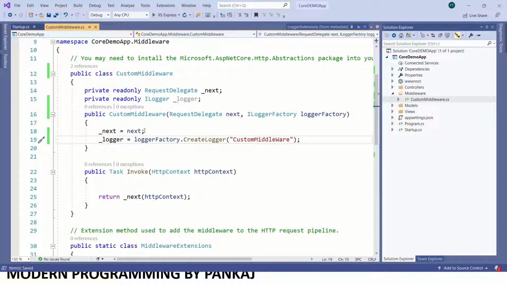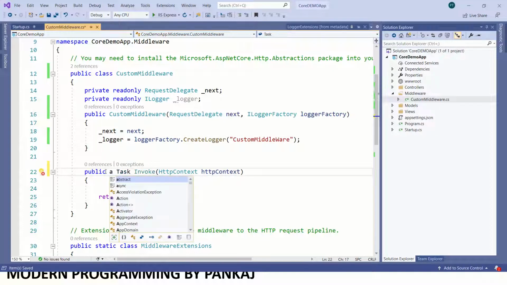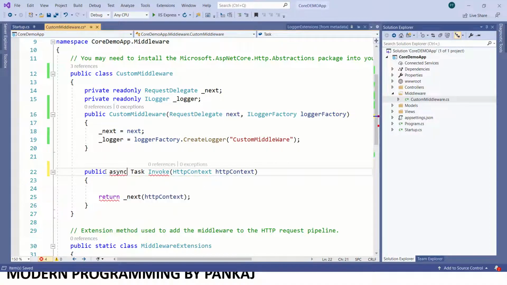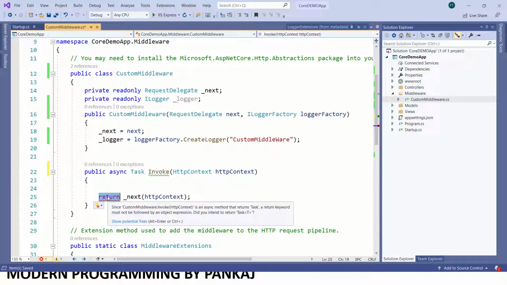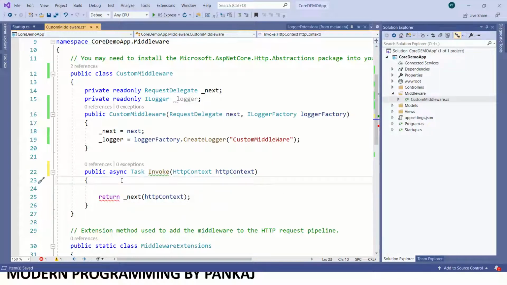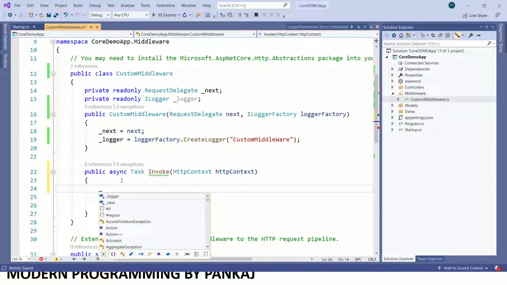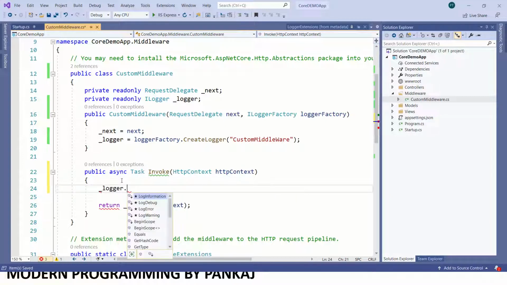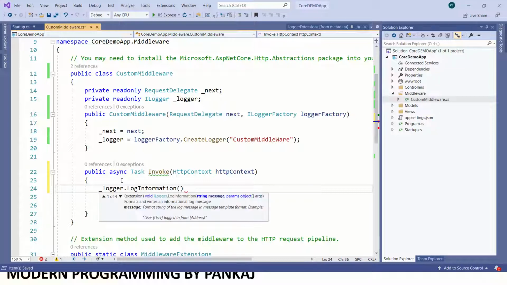Now I will make this invoke method asynchronous, so I'll add the async keyword here, and let me write some logic. I'll log the information, and I'll put a simple message: custom middleware is executing.